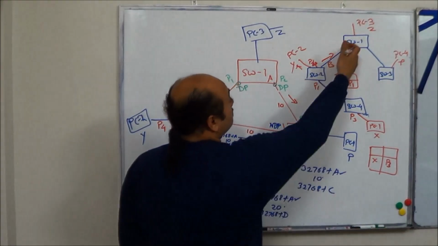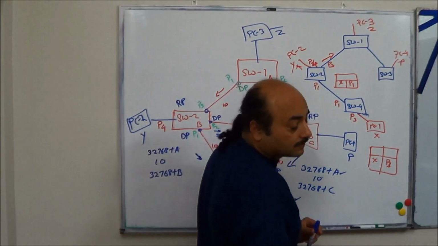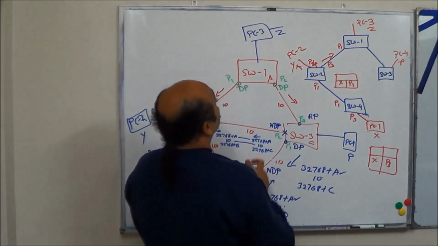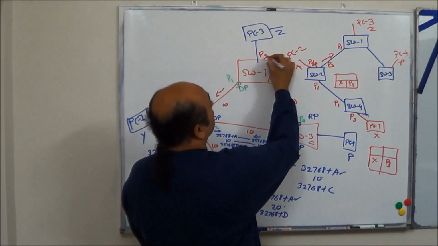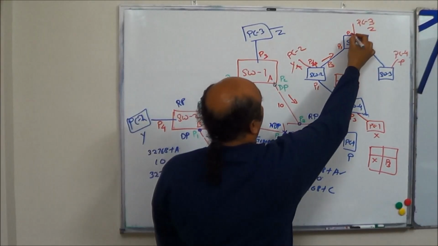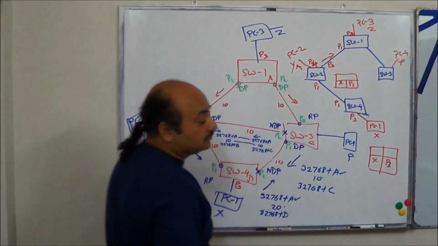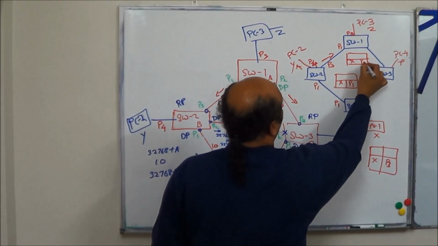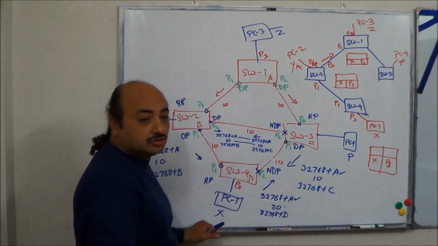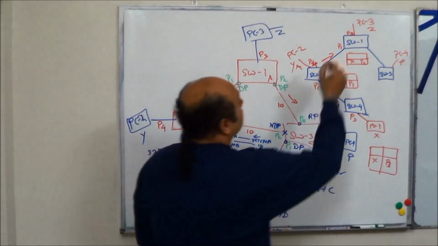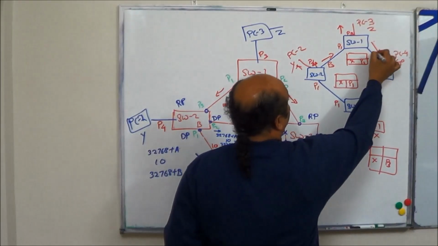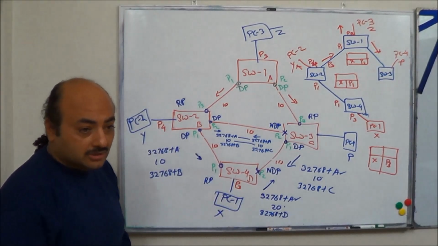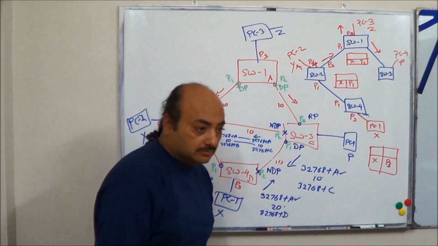It reaches here, switch 1. What was the port? P1 here. Let's call this P3. So it learns X on P1, looks at the destination MAC address, it's not there, so it will flood here and here. That's how it will continue. Your topology has converged and the rest of the things will work like that.